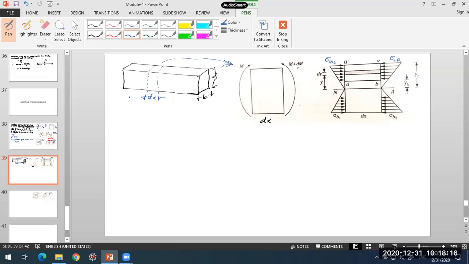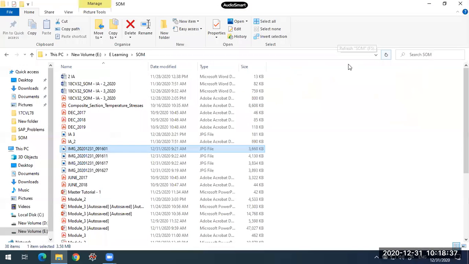Now, to obtain the expression, I am taking a section somewhere over here, of depth dy. This is the entire cross section of the beam that you are seeing here. So in this entire cross section, to determine the stress,